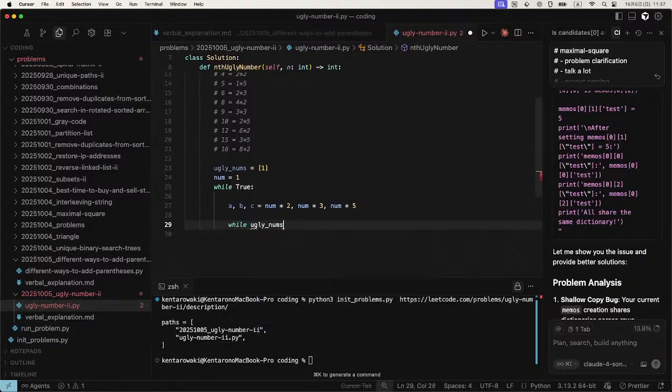While ugly numbers, the number at the last index in ugly numbers, that is the latest ugly number, the largest ugly number, and we compare the